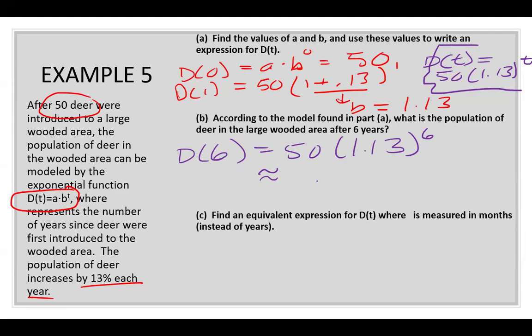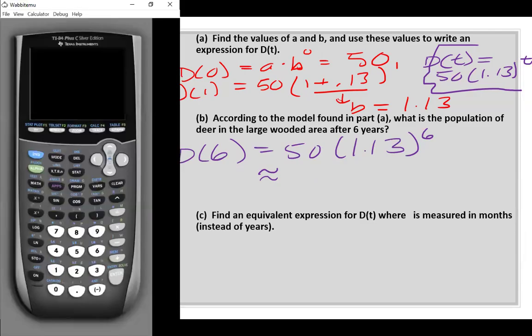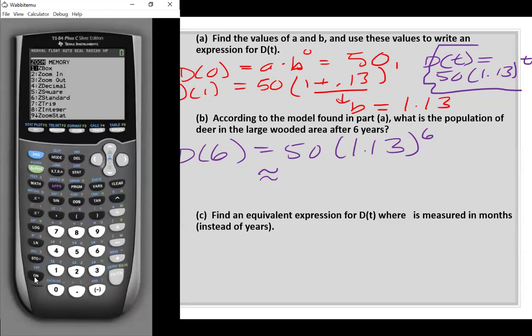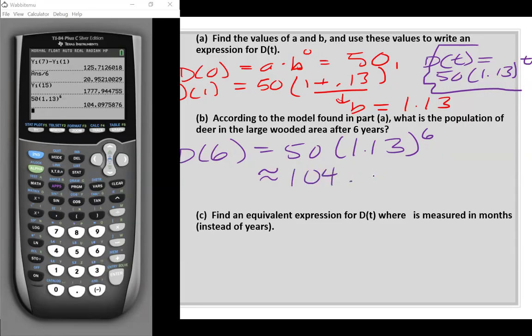I'm going to let you all, because unless y'all want me to do it with Sylvie, I'll model it with Sylvie for you. Sounds right. Let's see what Sylvie gets. 50 times 1.13 to the 6. Oh, Sylvie and decimals got the same thing, guys. Surprise. We get 104, and